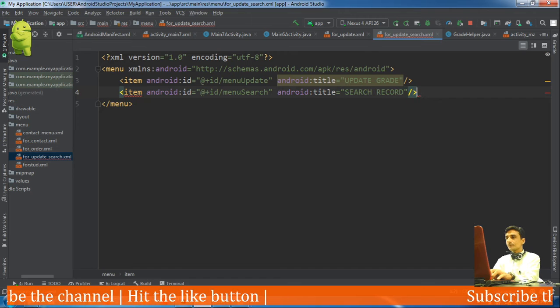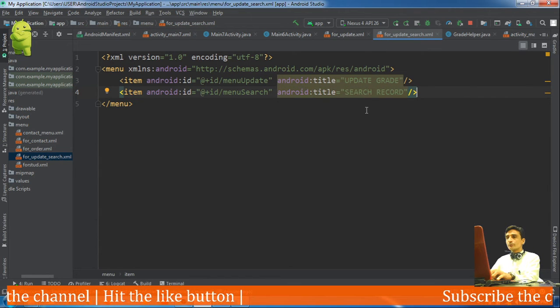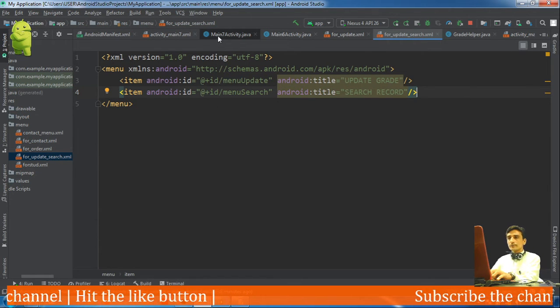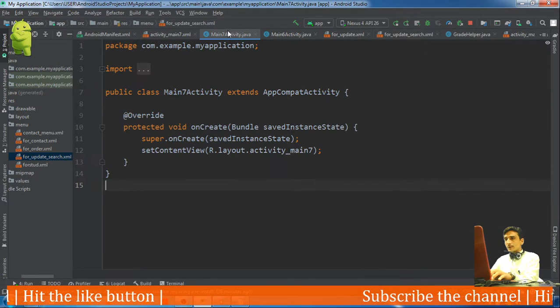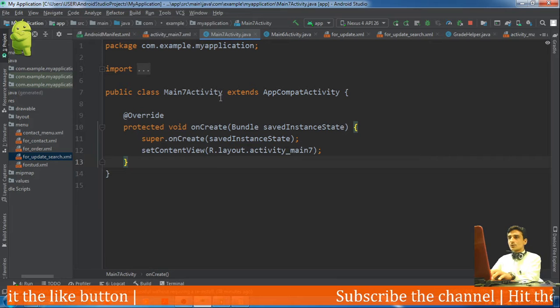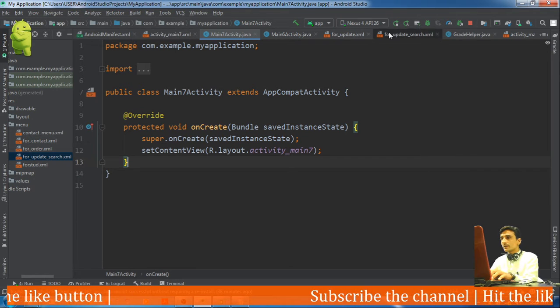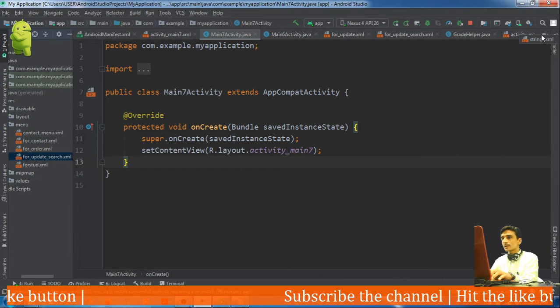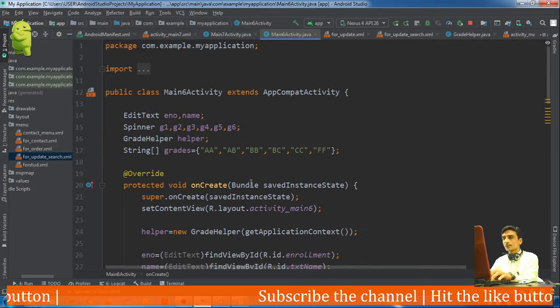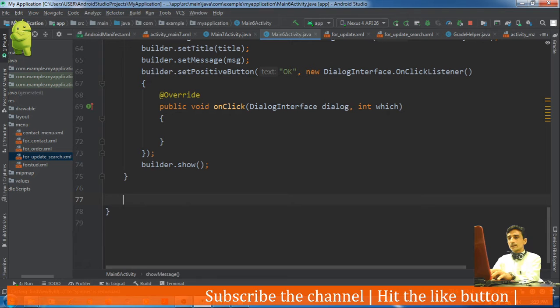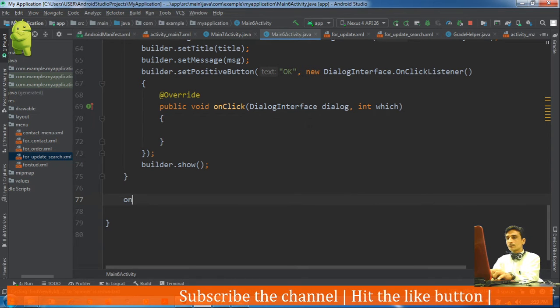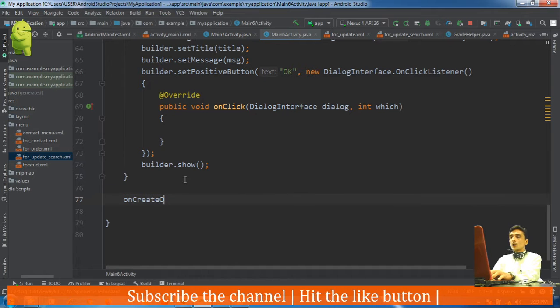Now this menu will be shown from our activity, that is activity 7. In this activity, sorry, it is activity 6, I think. Yeah, 6. Okay, so in our activity class we will override the method onCreateOptionsMenu.